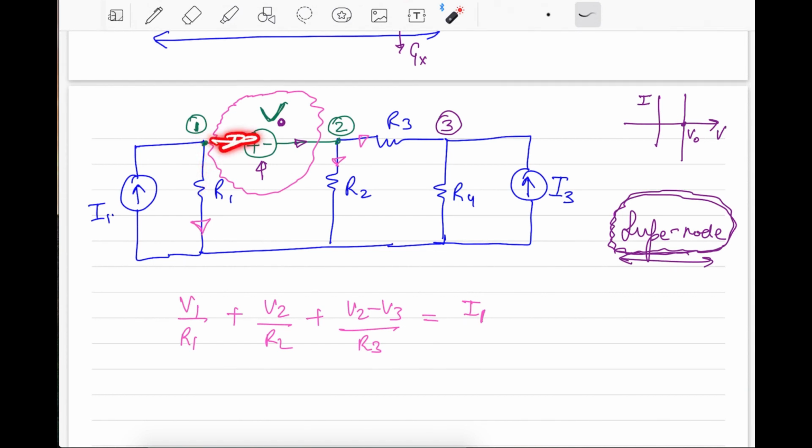You cannot calculate that. Though you can write V1 here and then this is V1 plus V0, this relation we will be using in the next equation. But the problem is, if you write nodal analysis at this node, you do not know what the value of this current is. In earlier cases, we knew that. So once you write V1 and V2 separately, in case you want to do it, you can do it.